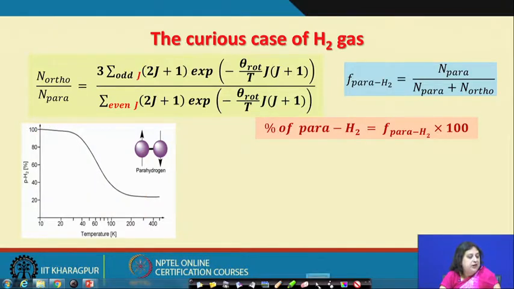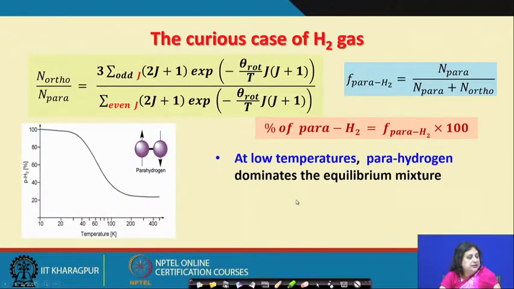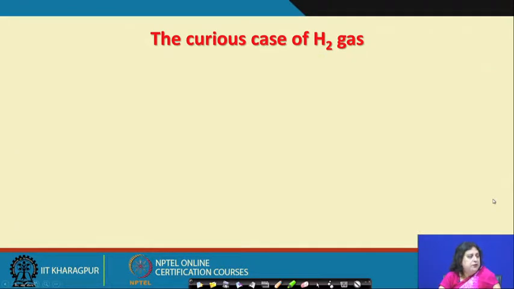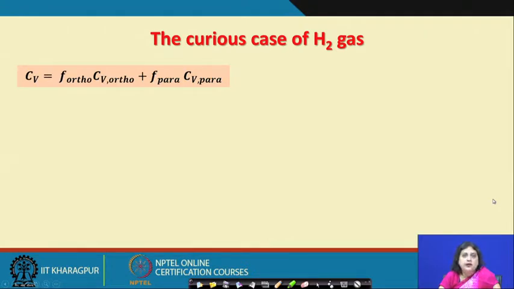and therefore, we can conclude by looking at this theoretical calculation that if I have an equilibrium mixture of the ortho and para hydrogen, then at low temperatures the para hydrogen is going to dominate the population of the equilibrium mixture, but when I go to high temperatures, then the dominant contribution will come from ortho hydrogen in the equilibrium mixture. With this background in mind, then obviously one can calculate using the formalism of molecular thermodynamics what is going